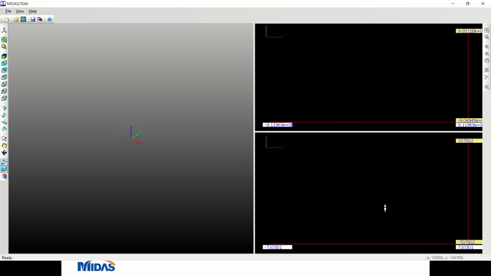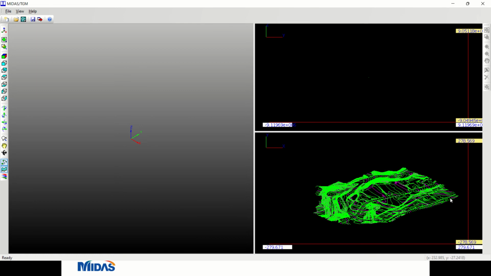We need to zoom first. Try to look where is my model. Okay, so this is the model. It doesn't always happen, but when it happens, you don't panic. You take a look at the number here, whether this number is normal. If not, then most likely your AutoCAD has some line or points that make it go haywire. So you just need to find where is your contour.